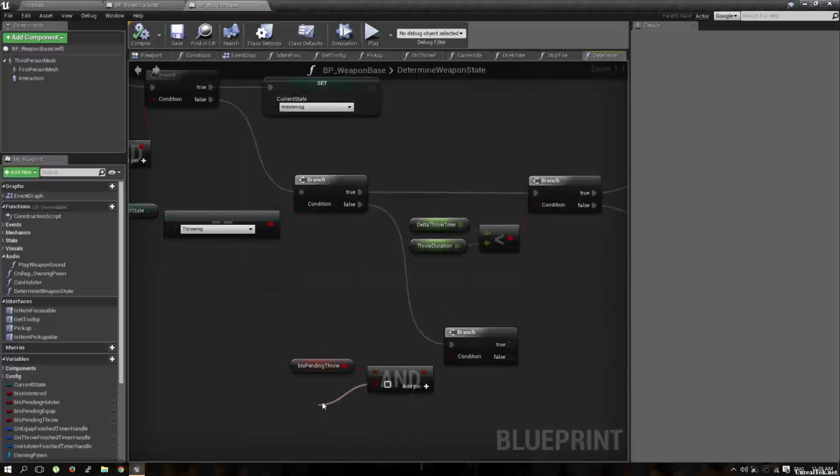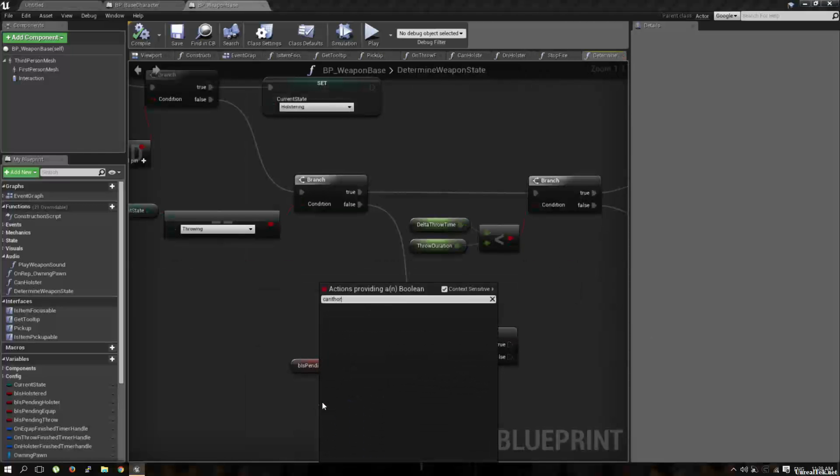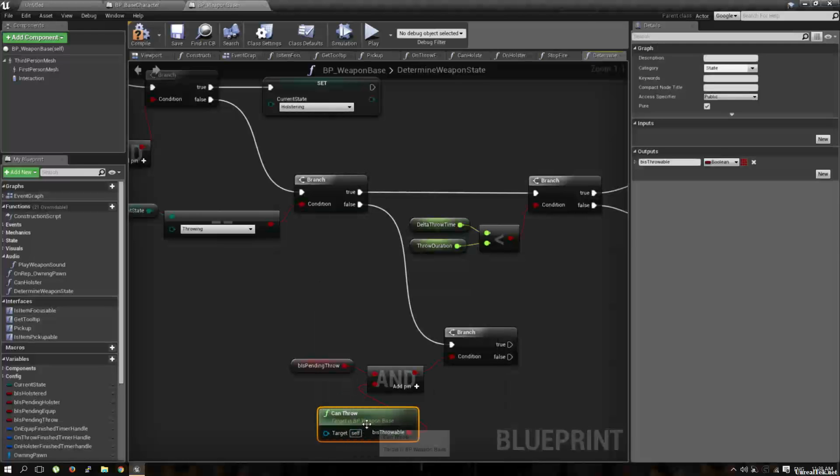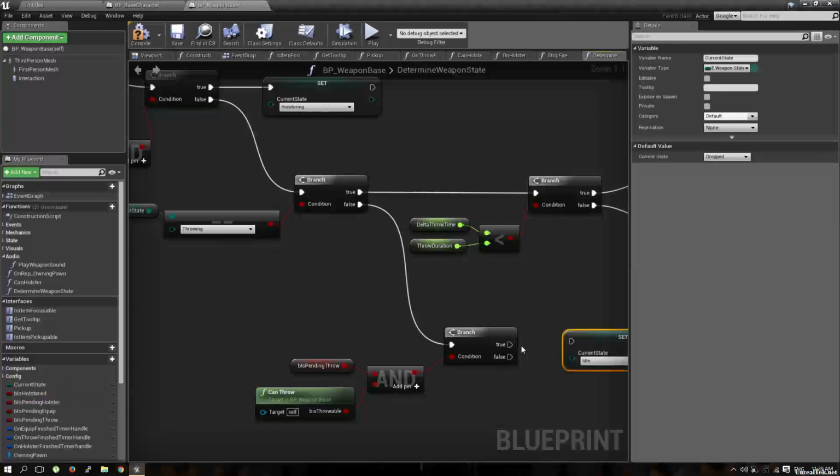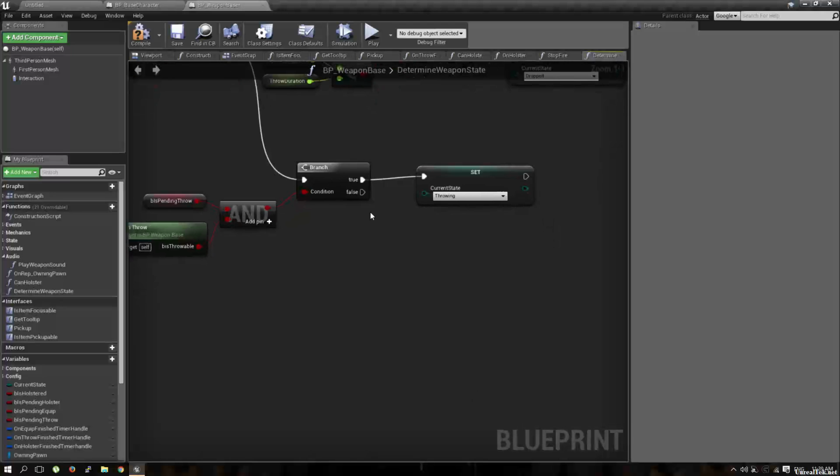So B pending throw and can throw. So if those two are true, then we can go into this branch, and if true, then we can set our current state to throwing. If false, however, we want to check if we're reloading. So we go into another branch, and there we just check